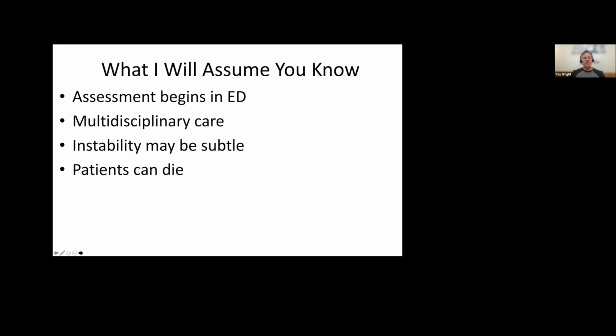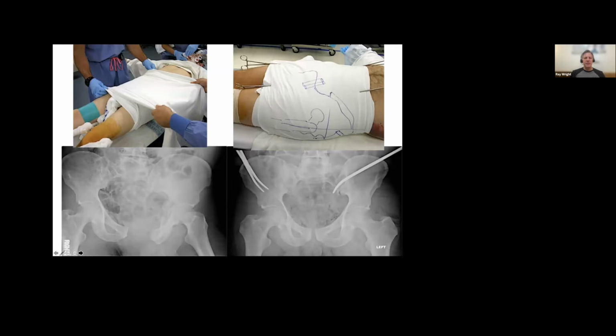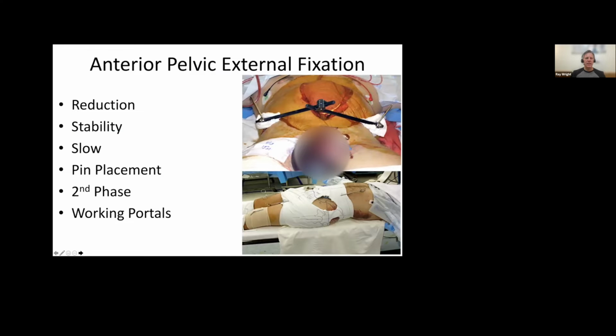Instability in pelvic ring injuries may be subtle, and I hope that you've seen that in your fellowship, or if you've noticed that as a faculty member, that it can be subtle, and patients can die from these injuries. Speaking of being uniquely qualified, we can employ circumferential anti-shock sheeting, which can be a very powerful tool for reduction of pelvic ring injuries like we see in this patient here. And these are things that your general surgery colleagues will not think about.